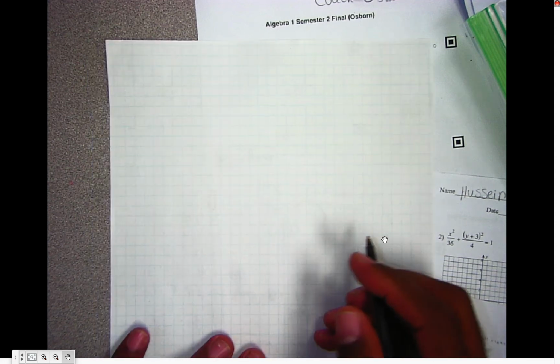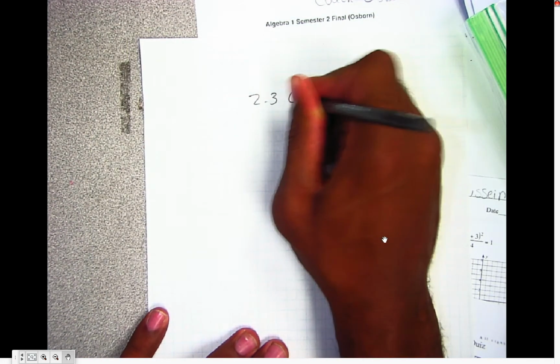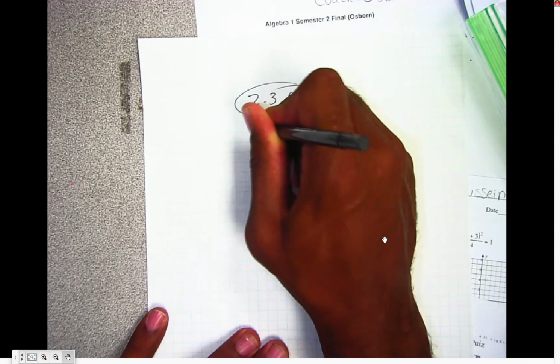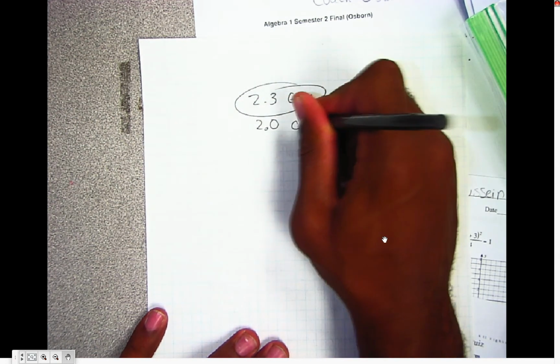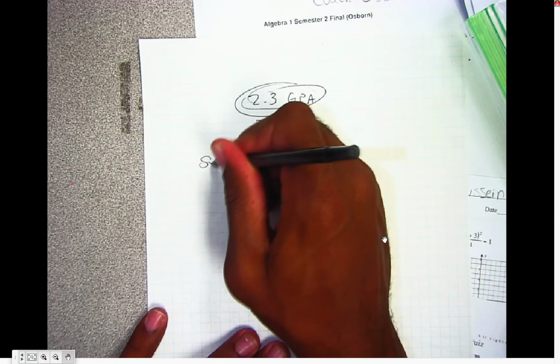All right, gentlemen, so let me explain how all of this works for summer grades. Now, remember, we need a 2.3 GPA to play, okay, 2.0 to even be CIF eligible. But again, this is what we're going for right here. Now, let's say, for example,